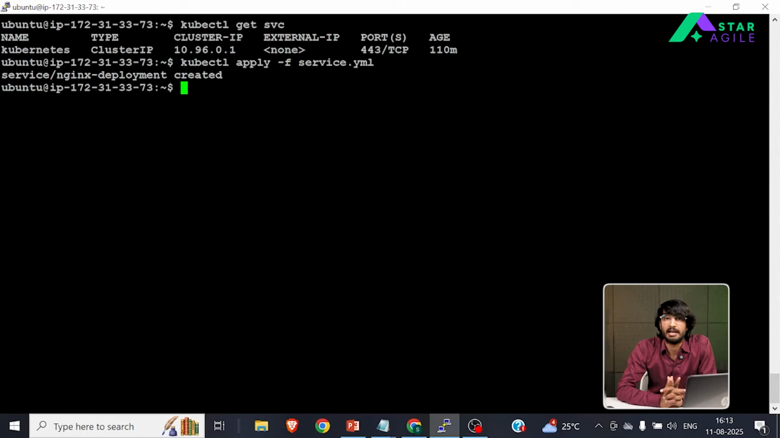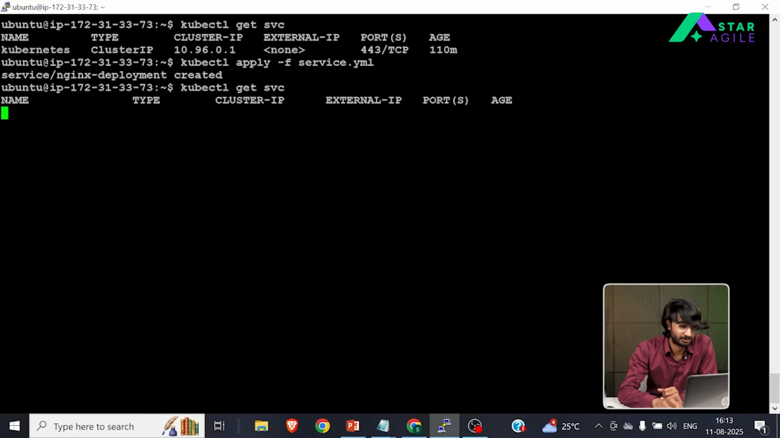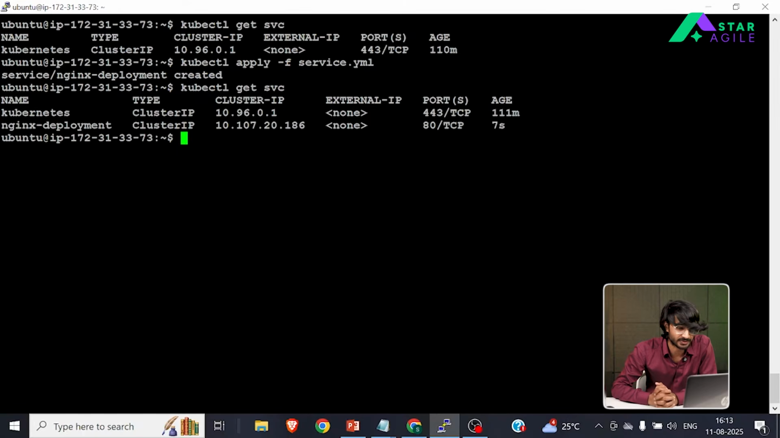Can you see? I have created a service. If I run the command kubectl get svc, can you see? This is my service name, nginx-deployment. Which type of service has it created? ClusterIP. That's what I said, right? By default, which sort of service will be created? ClusterIP. And it has allocated